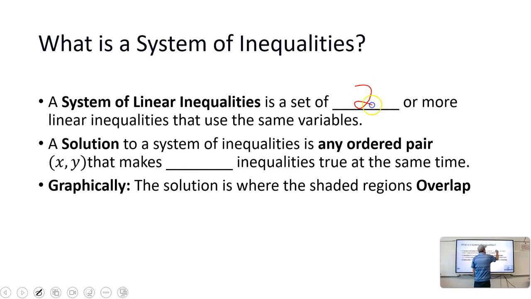Two or more linear inequalities that use the same variables. The solution to a system of inequalities is any ordered pair that makes all inequalities